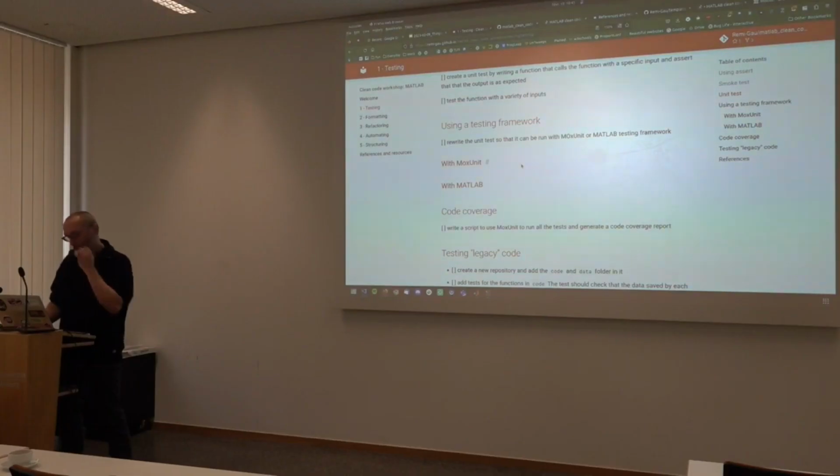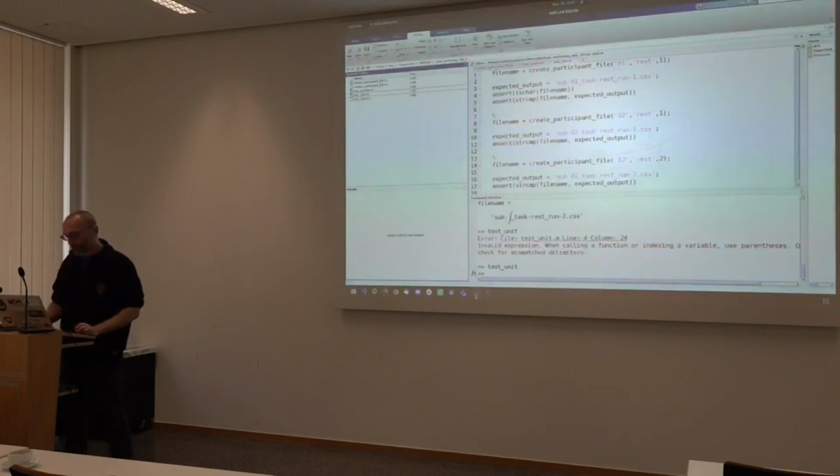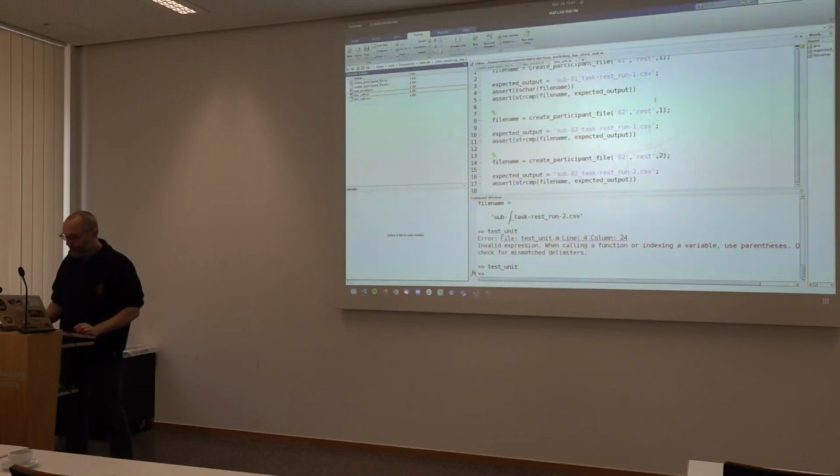So now what I'm going to show you is that there are tools that you can use to make all this testing a bit more practical, to organize your testing files, and to run them more efficiently.